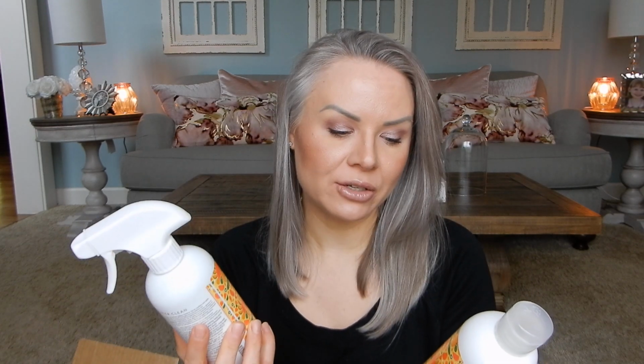Okay, let's start with the thing that I can actually tell you some stuff about because I've already used it. So there is a new version of the Counter Clean as well as their dish soap. You can get it in a pair. So this is the Scentsy dish soap and Counter Clean in Mandarin and Mango Nectar. You guys, this